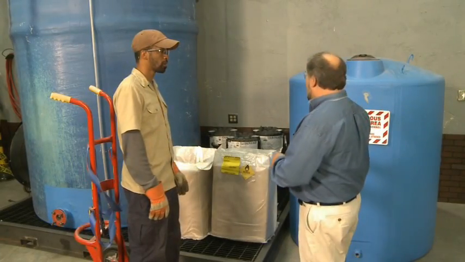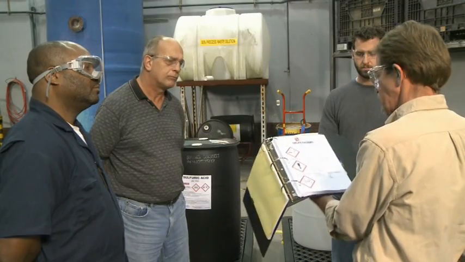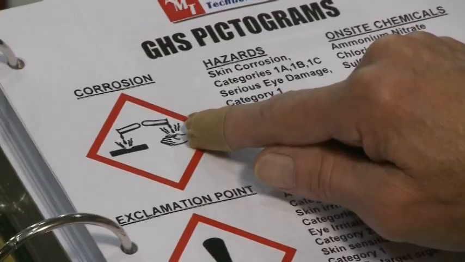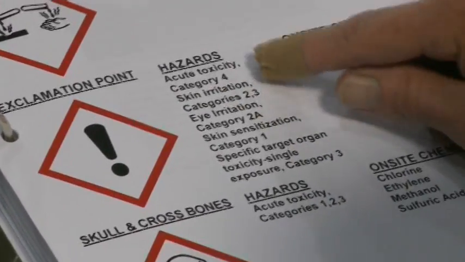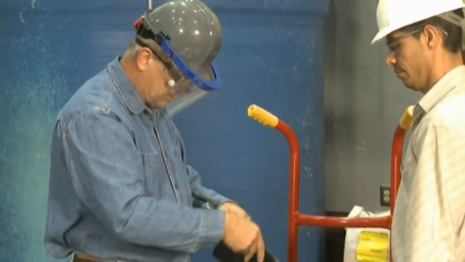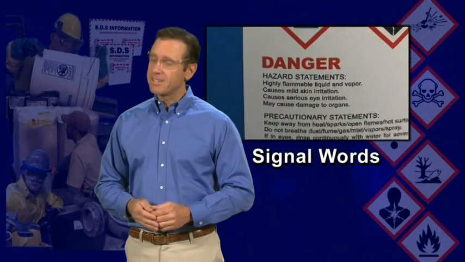Your specific chemical training, as well as your company's written plan, will include an explanation of the pictograms associated with the chemicals in your work environment. This knowledge helps workers quickly identify a chemical's hazards and is the first step to taking proper precautions to work safely. Next, let's talk about the 2 signal words that appear on GHS container labels.